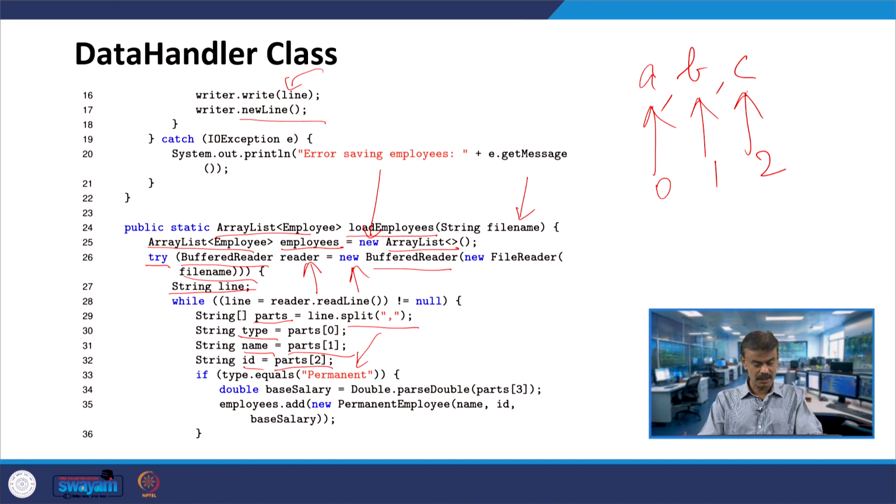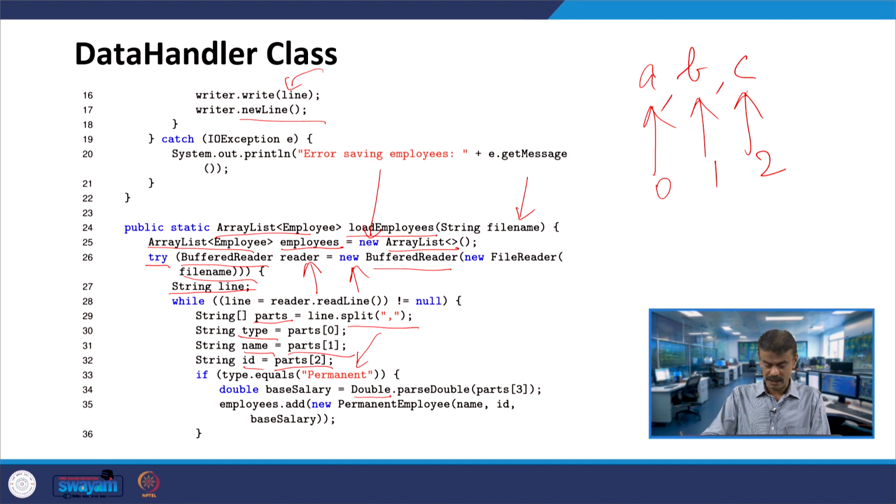That means parts of 0 is assigned to type. If the variable type under String invokes equals permanent, that means if it is equal to permanent, then double is invoking parseDouble of parts of 3. Parts of 3 will be the salary, and that salary will be assigned to base salary.